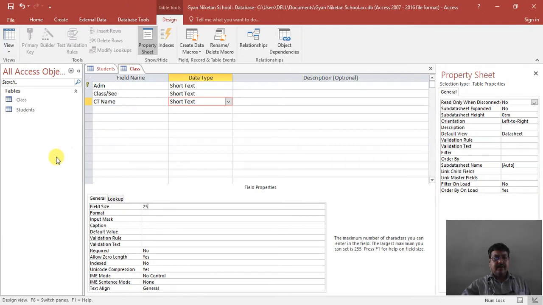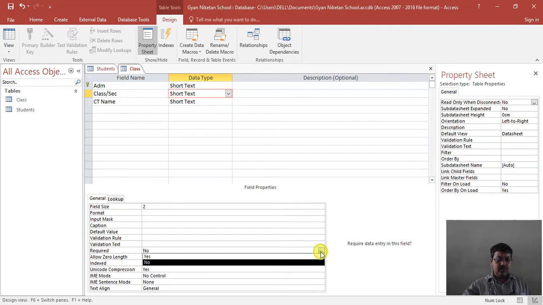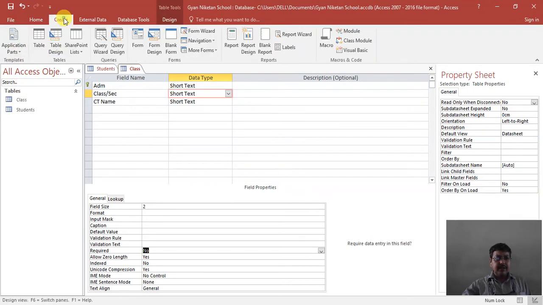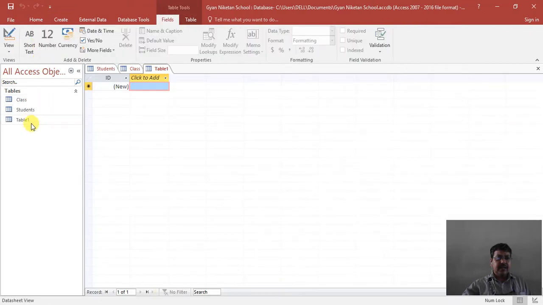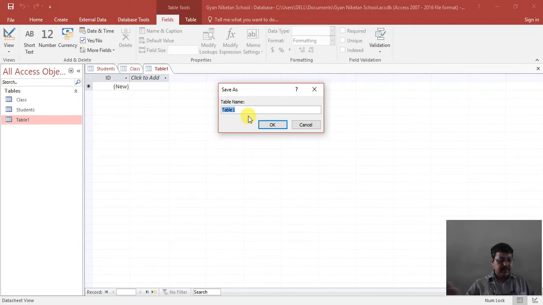And the class section must be required, means you must enter the class section also. Then again if you want to create the next table, click on create, and then select design view and result.